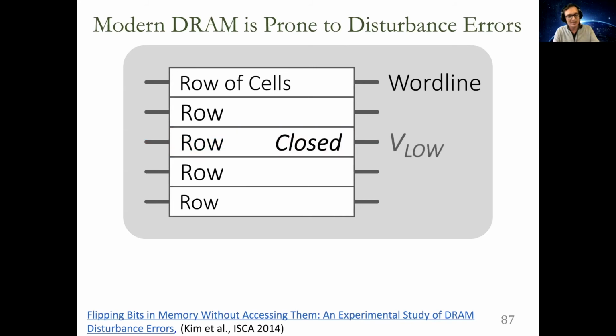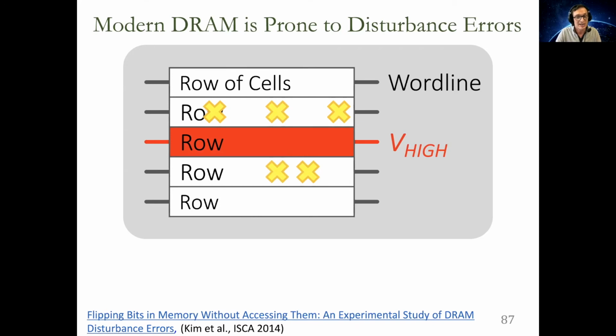Now, if you keep doing this repeatedly, this is essentially a read sequence. Basically, you're reading a row and closing it. Now, if you keep doing it repeatedly, read, close, read, close, high voltage, low voltage, high voltage, low voltage, it turns out adjacent cells, meaning some